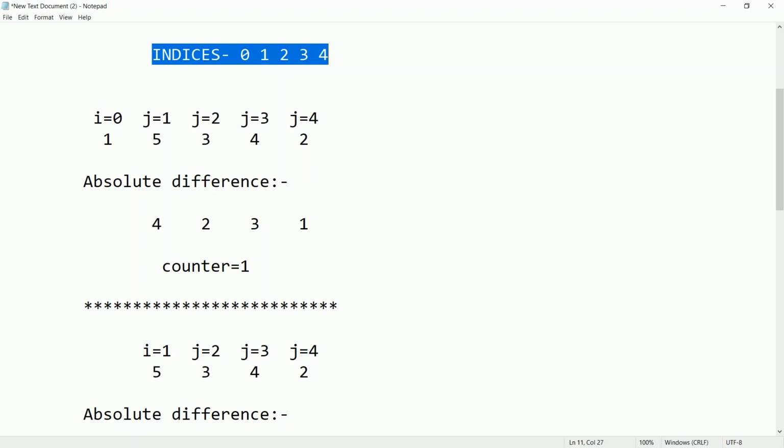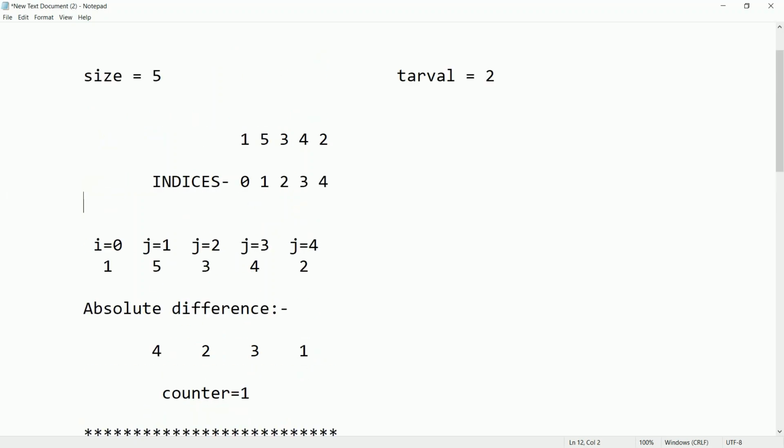Okay, so if you see the absolute difference, 1 minus 5 is equal to 4, 1 minus 3 is equal to 2, 1 minus 4 is equal to 3, 1 minus 2 is equal to 1. So we'll count the number of pairs, initially the counter is equal to 0.